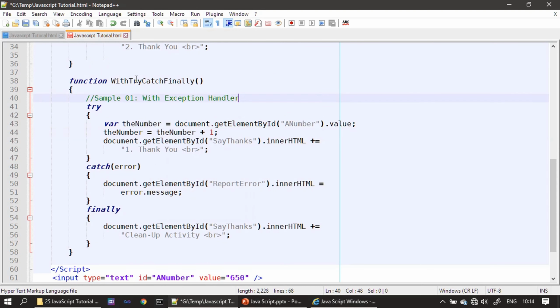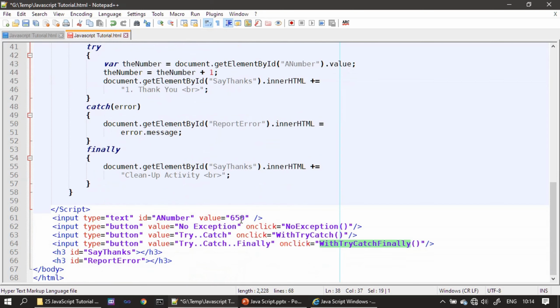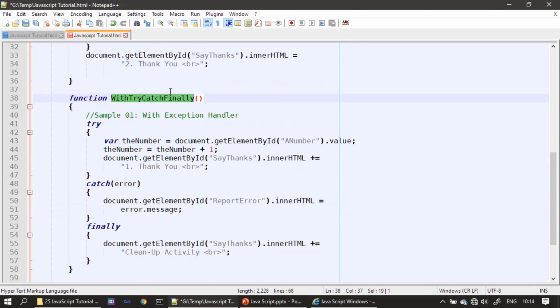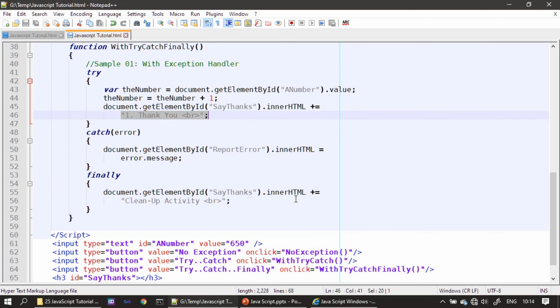So this is our third function call, right? With try catch finally. So that's what we are hooking with the third button. This is what we are going to experiment with now. So now I made this a valid statement. Let me save all and we will run. So what you will see, since this is valid, you will see that the statement gets executed. One thank you. Since we are appending the h3 with the plus equal to operator, you will see both the content. One, and then